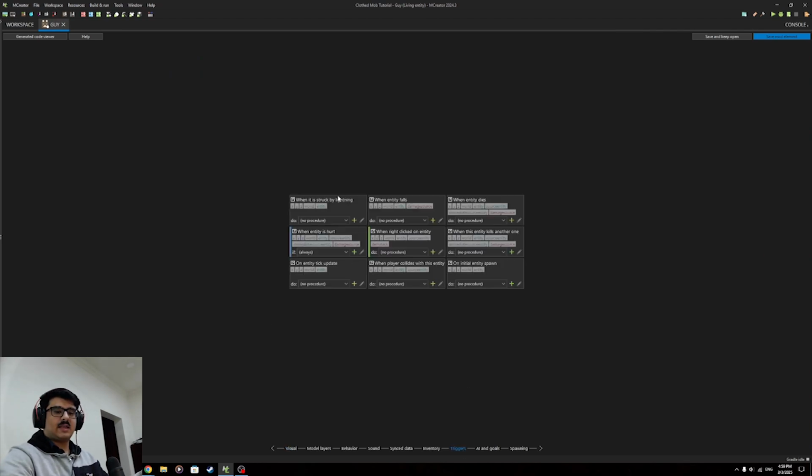Triggers is like an event. Let me show you what it is first. For example, when it's struck by lightning. So when the mob is struck by lightning, what do you want to do? What do you want to execute? What do you want to happen? So right now we want, when the guy mob spawns, to give it clothes. So on initial entity spawn, here you create that,